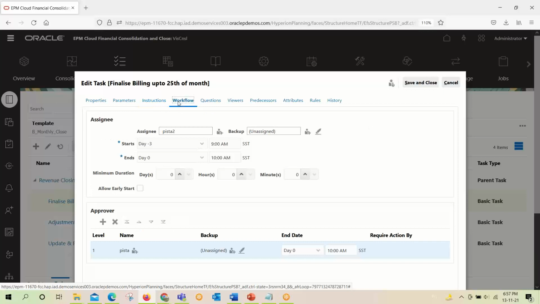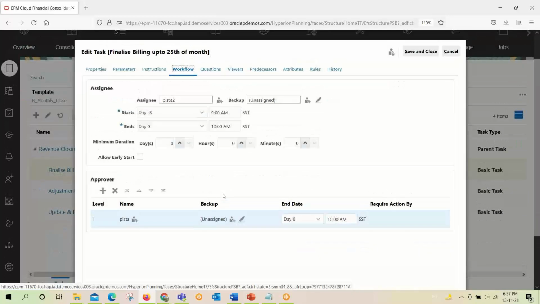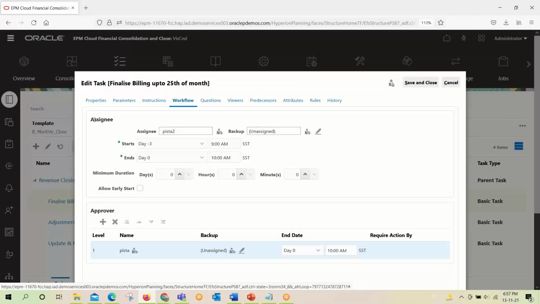So the next property is workflow. This is the important one. Here comes the assignee role. Here I have given the assignee as Pista 2. He is one of the usernames which I have already created.